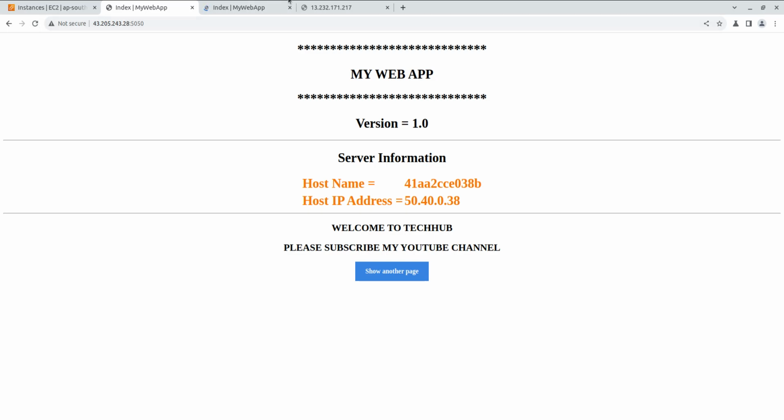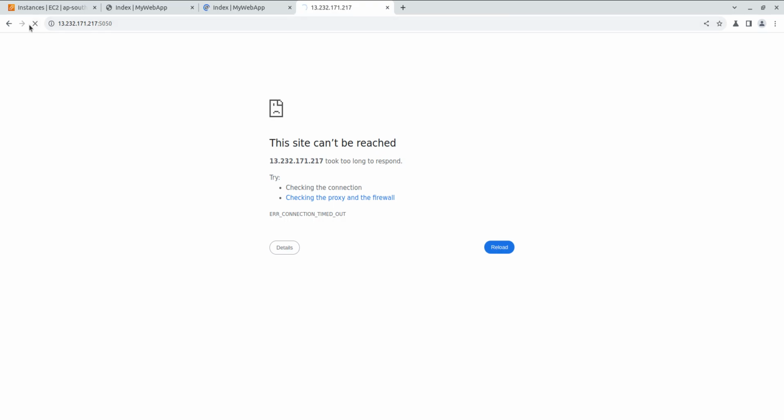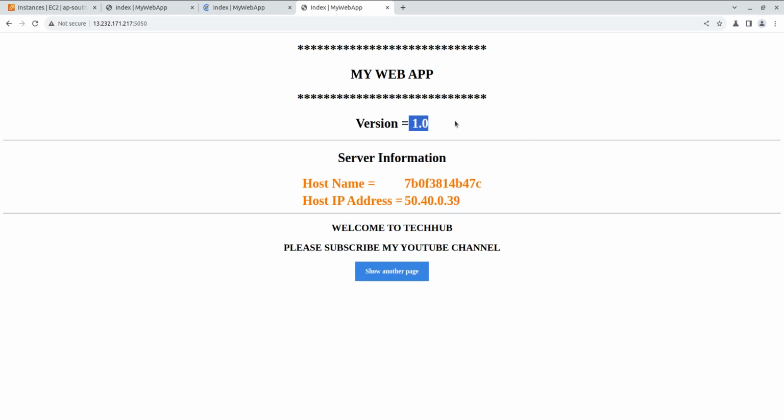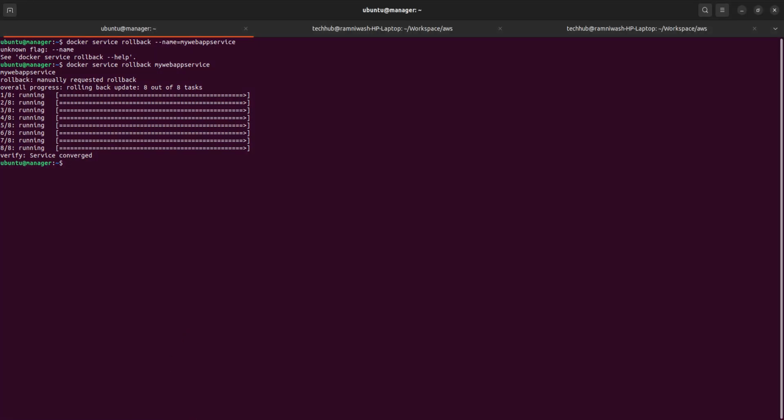Okay. Because this is a zero downtime update, it is giving priority to how to kill the container and how to create the container. Kill one container, create one container. Kill one container, create one container. It's doing like that. In that case, you will get zero downtime. You see, 1.0 came. Zero downtime. Okay, that's it. Yes, all are processing 1.0 now. Fine. So this is all about the